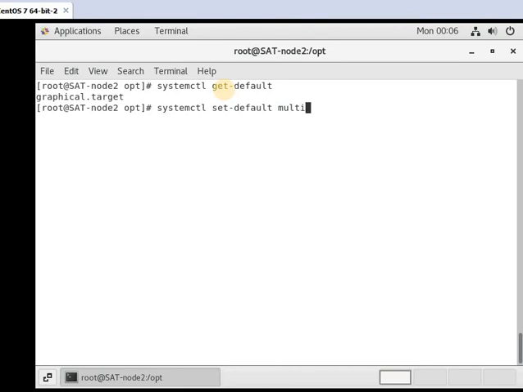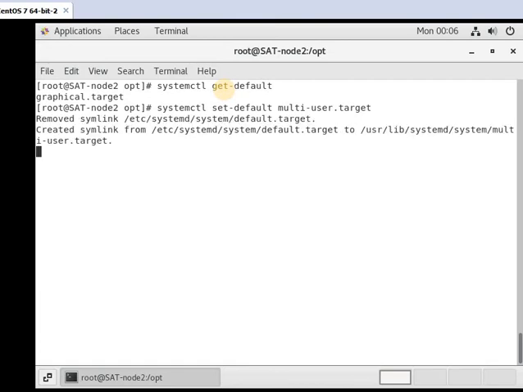Run level 3 is the multi-user mode. Once again, check the run level. To get it in effect, you have to reboot the system.